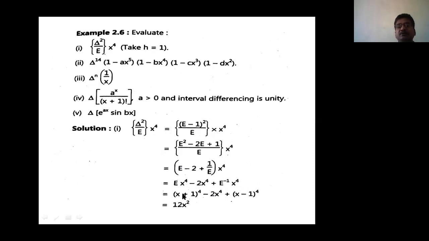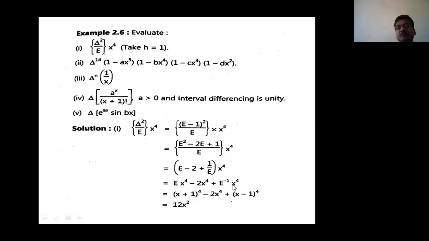That is, shift the point to the next point. And here h is 1. That's why it is not x plus h raised to 4. It is x plus 1 raised to 4 because h is 1. And what is the definition of E of f(x)? It is f of x plus h. So replace x by x plus h. But h is 1, therefore replace x by x plus 1. So don't write it as x raised to 4 plus 1. This is not x raised to 4 plus 1, but it is (x plus 1) raised to 4 minus 2x raised to 4 and E raised to minus